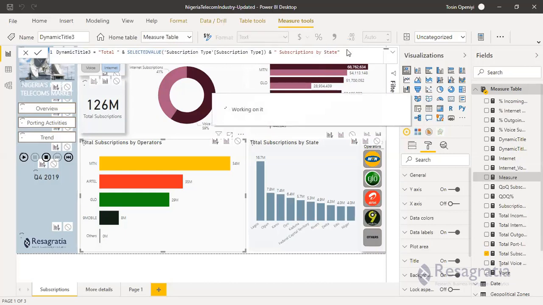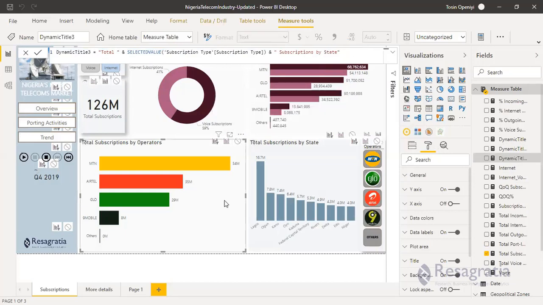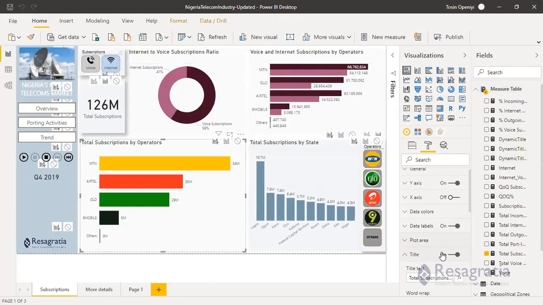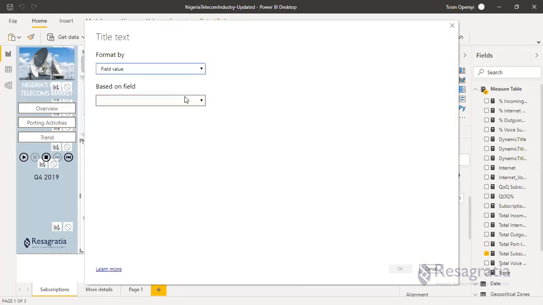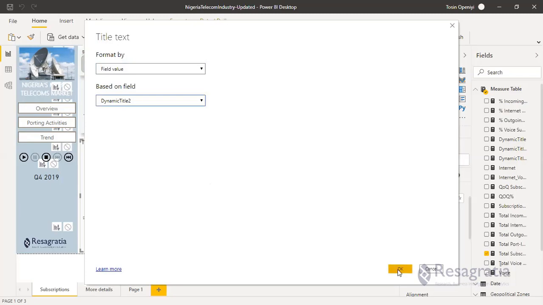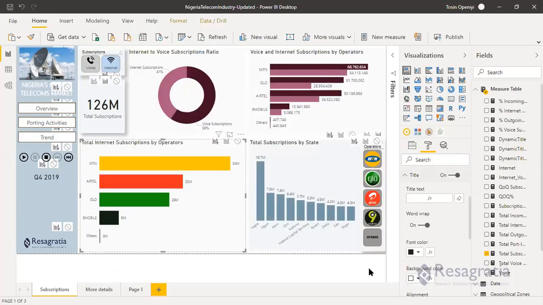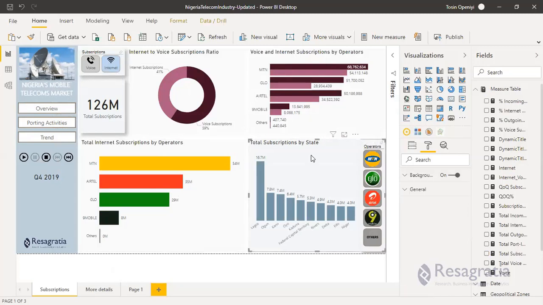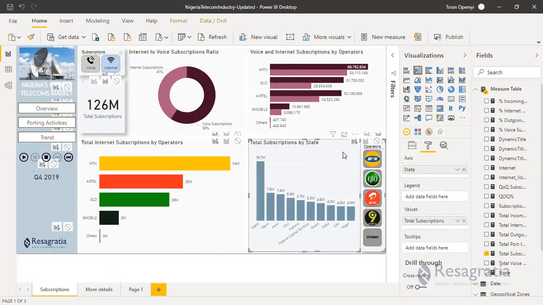All right, so I want to come to the card visual now. Then title, we use formula. I think they just added this in one of the latest updates, to be able to add your title from a formula. Okay, so total internet subscription.